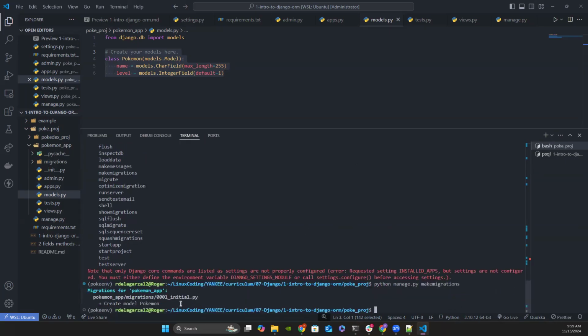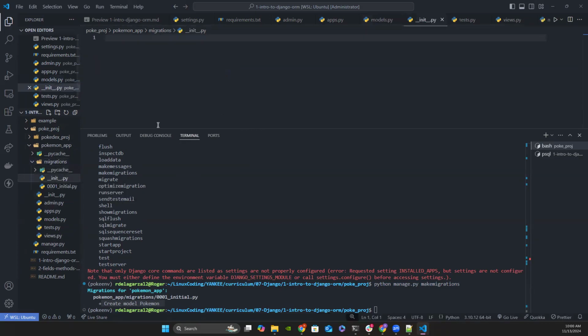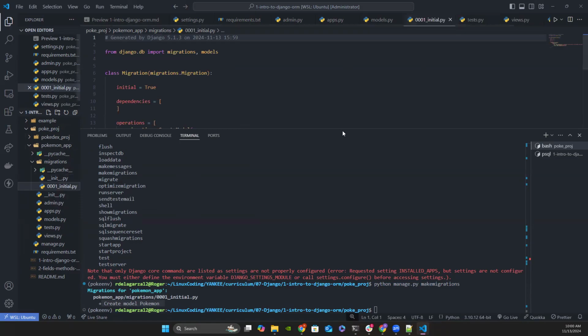We see here within our terminal that a Pokemon migrations file was created, and it's saying that we created a model Pokemon. If we refer back to our directories within our Pokemon app, we now have a folder called migrations. All right, well, let's look at that. We have this migration. It has an init file, which has nothing, but what does have something is the initial.py. So when we open that up,